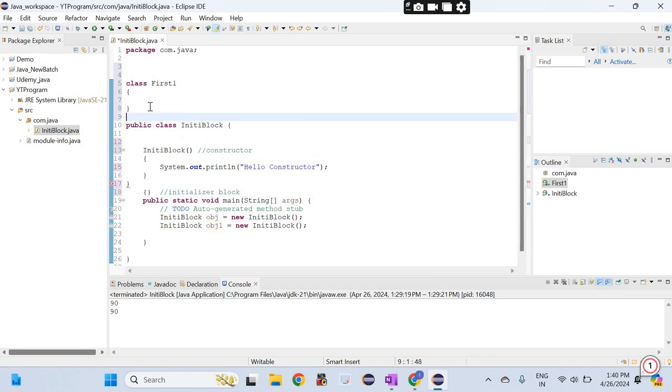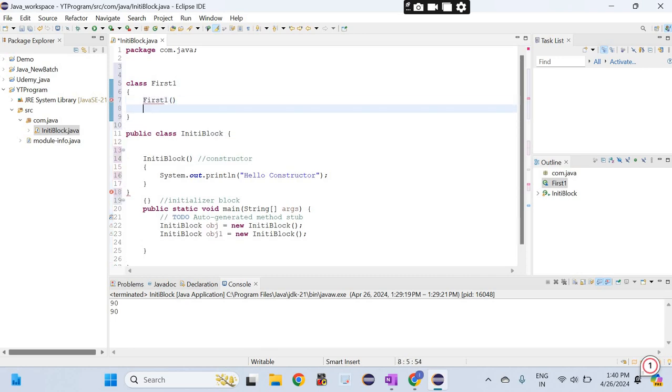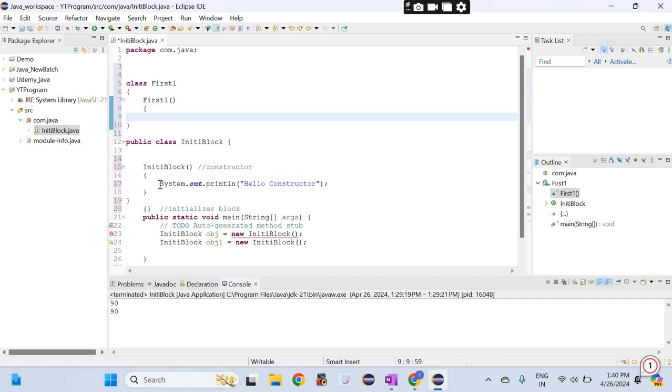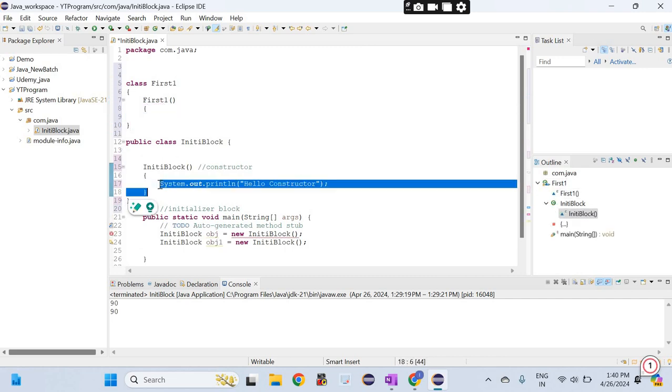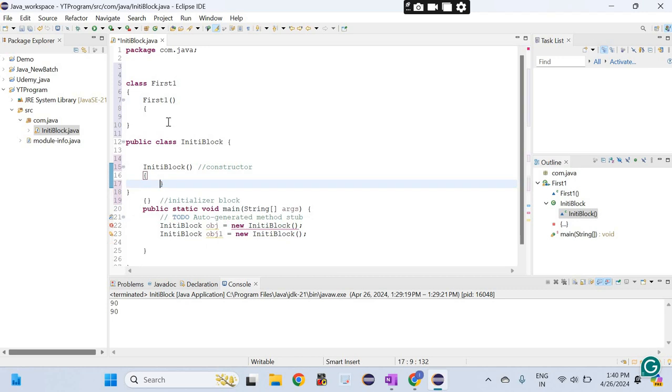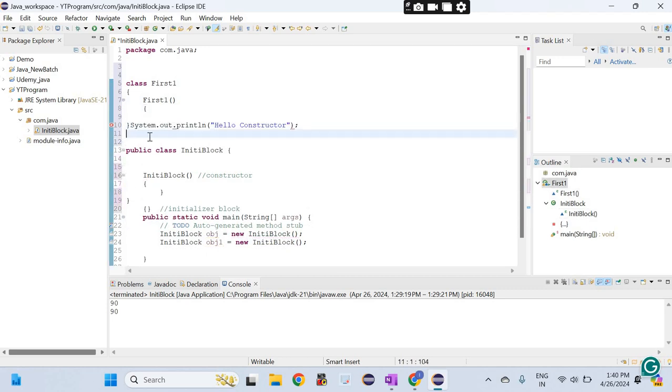Inside the class I will create one constructor, and here I'm going to write this line, hello constructor, and I have closed the class here.